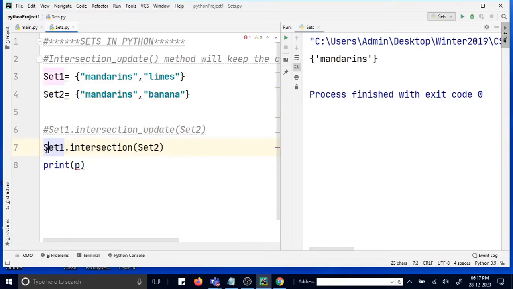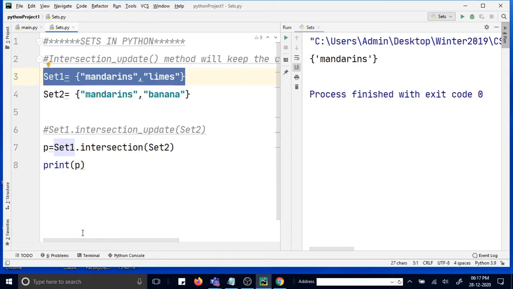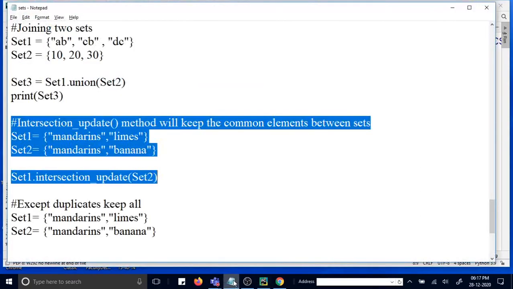That result you have to store somewhere. Basically this is mandarins and limes, and this one is the common one, and this common one will be stored in, let us say, some other variable, and then you have to print that. Okay, so there is a little bit of difference. In case of update, you are updating in set 1 itself. So this is one good thing in set.